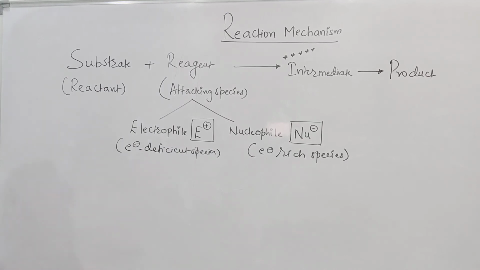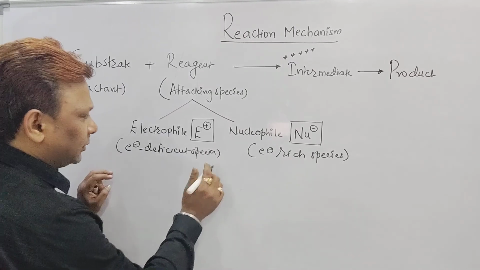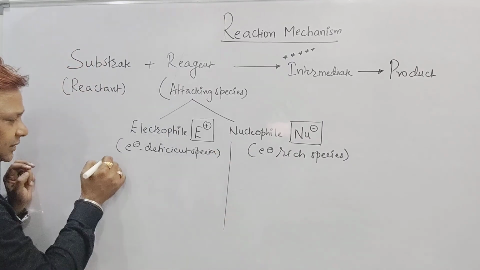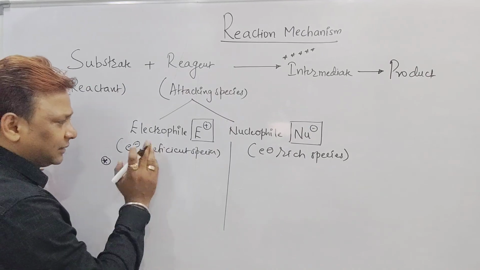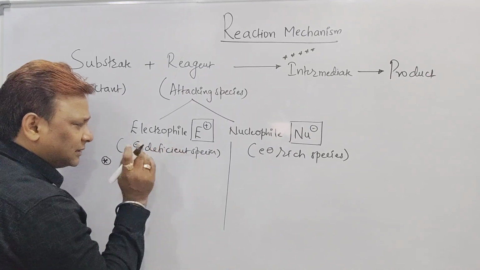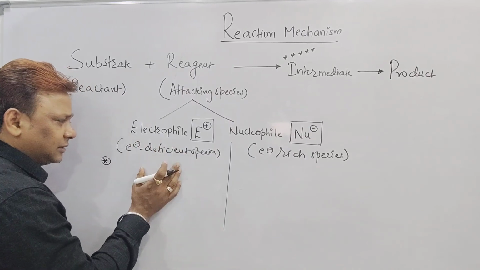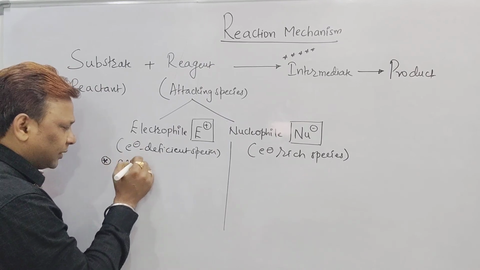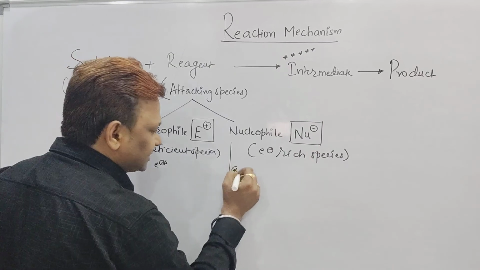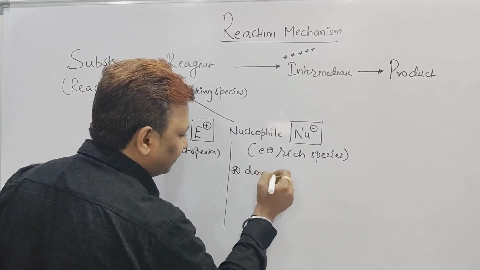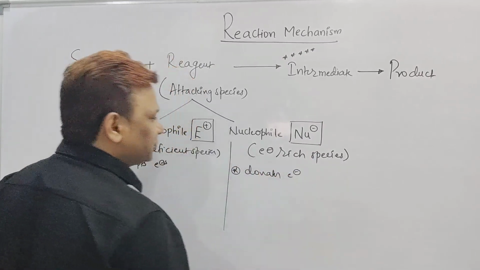And beta, how this electrophile and nucleophile can be compared with each other. Let me discuss some part of it, beta. If I am discussing electrophile, what we can say, beta, it is an electron deficient species, meaning it has less than 8 electrons. To complete its octet, definitely it has a tendency to accept a lone pair of electrons. Beta, it accepts electrons. In this case, it donates electrons. Beta, it is an electron rich species.